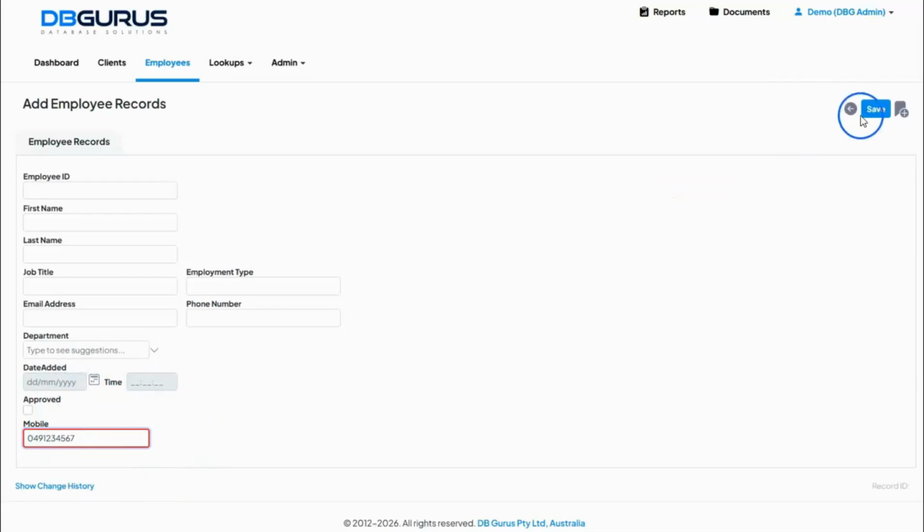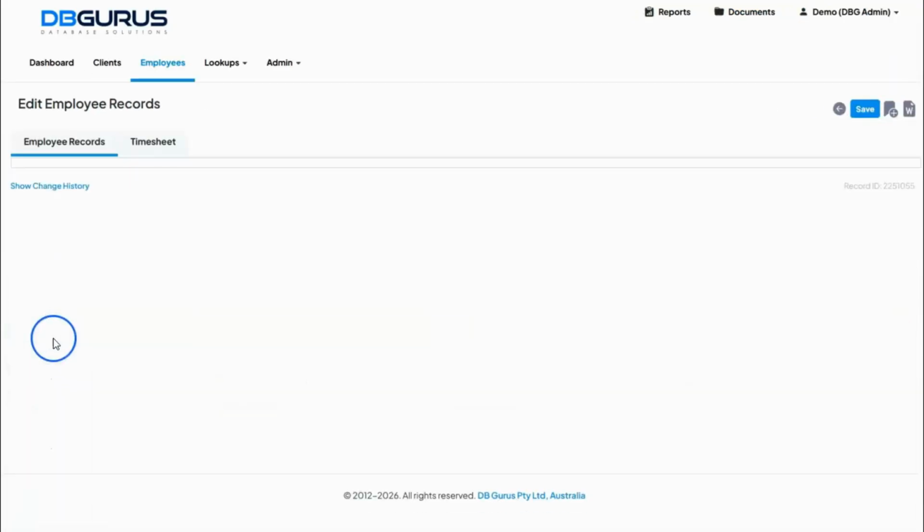After saved, the number has been successfully added to the record, and that's it. A simple way to add